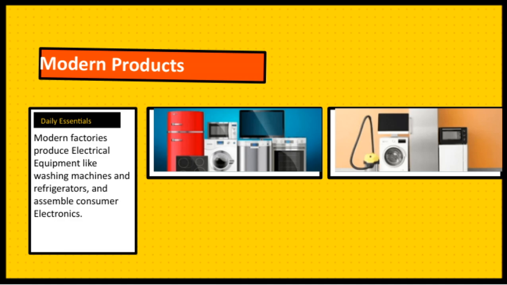This slide highlights the concept of daily essentials, things we use regularly, being produced efficiently through modern manufacturing processes. It connects to our overall theme by showing how technological advancements in factories help meet our everyday needs with high-quality, innovative products. Understanding this process helps us appreciate the scale and sophistication involved in bringing these modern products from concept to our homes.